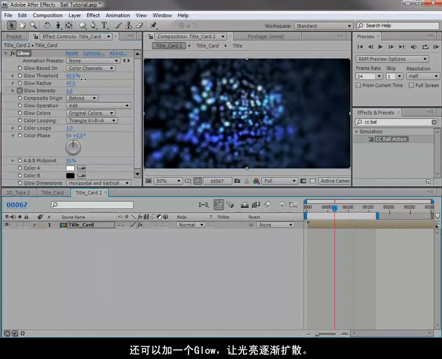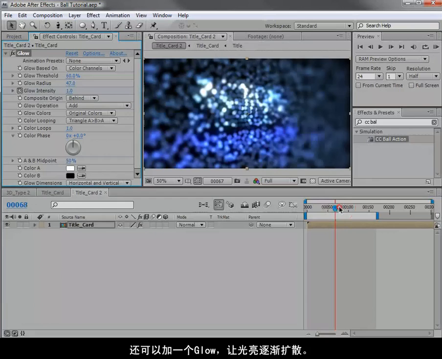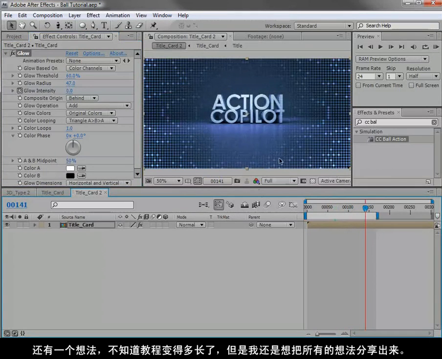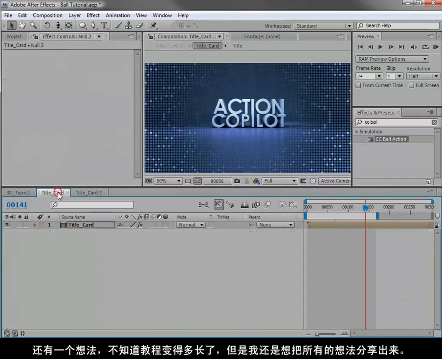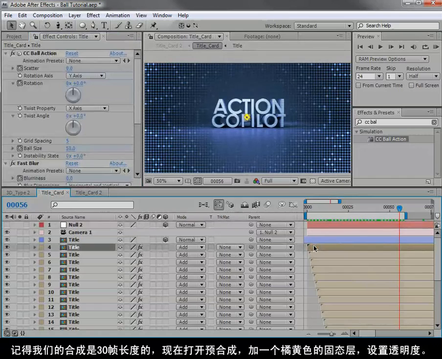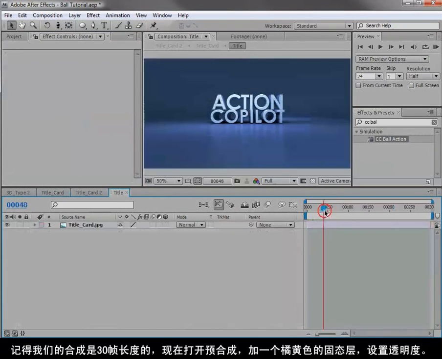But maybe a nice glow, and then everything comes together. Now, here's another idea. I'm not sure how long this tutorial is, but I just want to throw out some more ideas there. So remember, we set the animation to be about 30 frames long. So if we open up the pre-comp, and let's say we go to frame 29, for example, and let's add